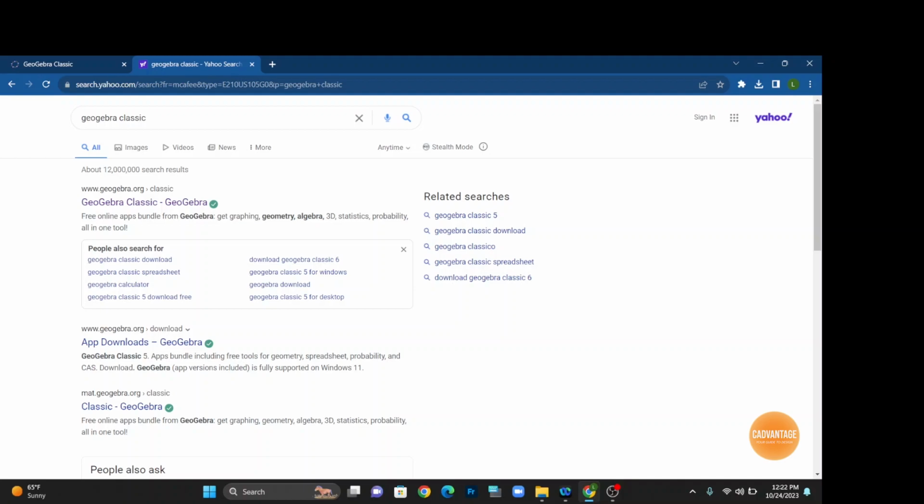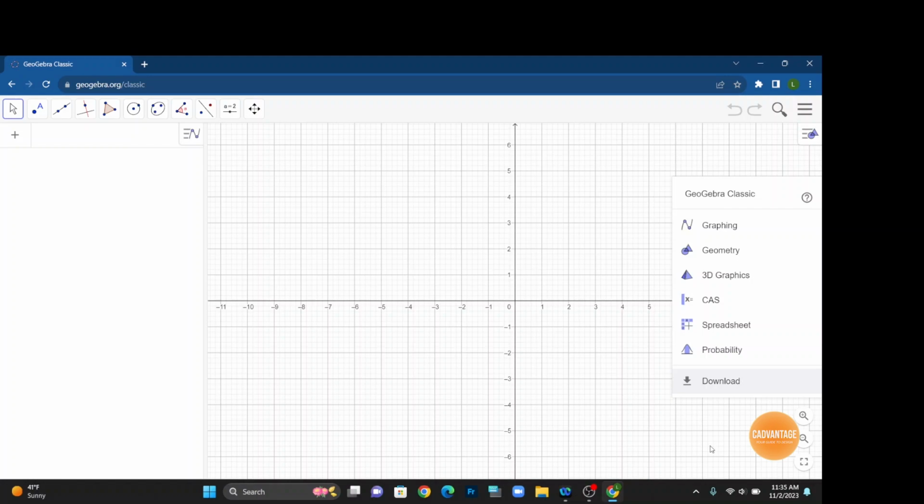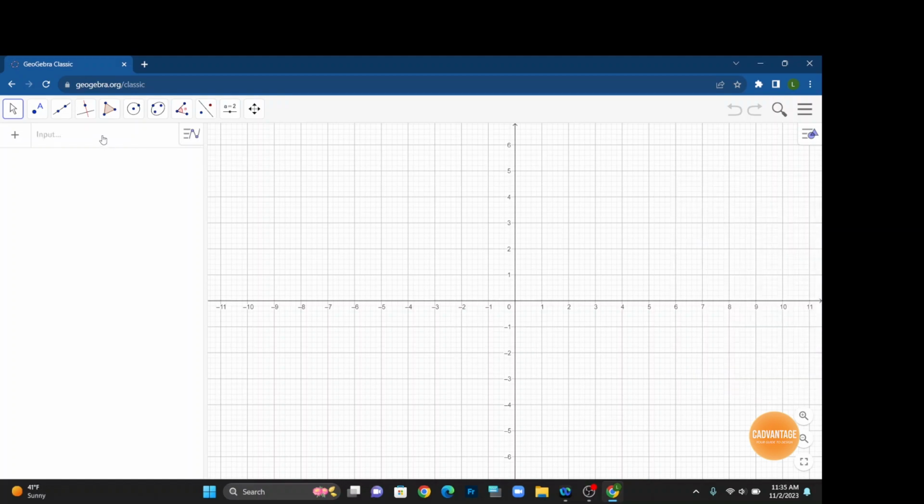I'm going to use GeoGebra to construct the linkage and then create animation of the linkage. GeoGebra is an interactive dynamic geometry software that joins geometry, algebra and calculus. It is an open source free software and you can use the online version or you can download the app. So I'm going to click right here. But I'm going to use the online version of GeoGebra Classic. This is the drawing area to the right. I'm going to click in the drawing area once and I will be using all of these tools above to